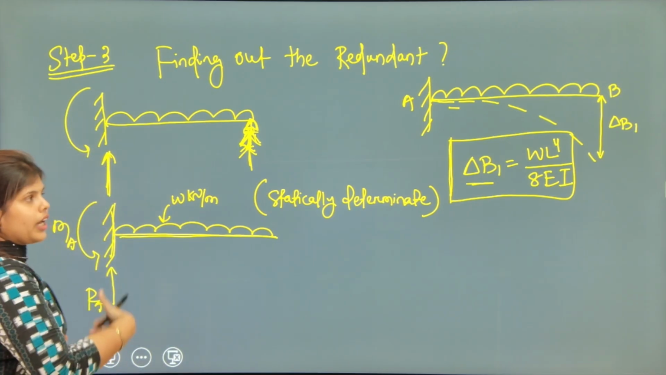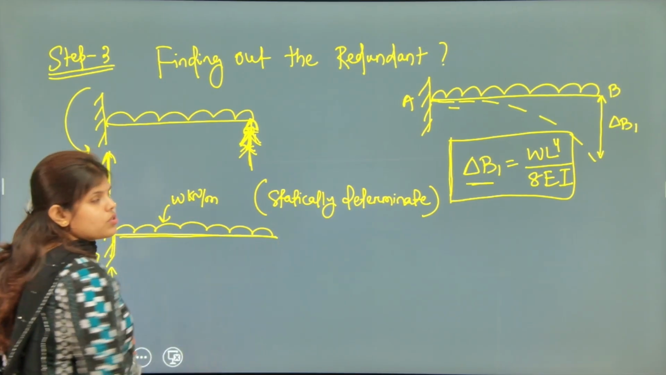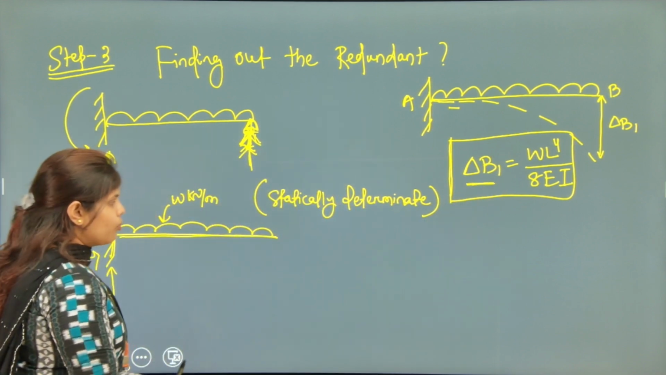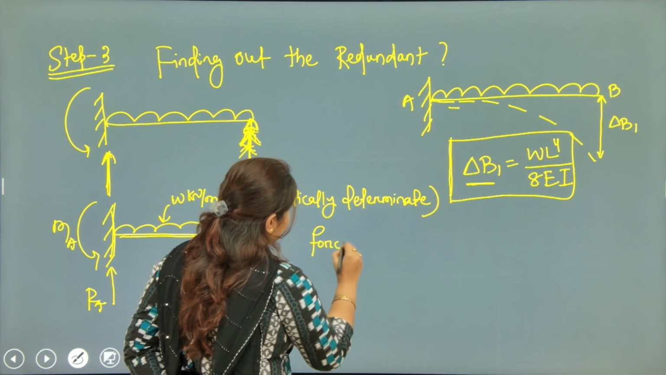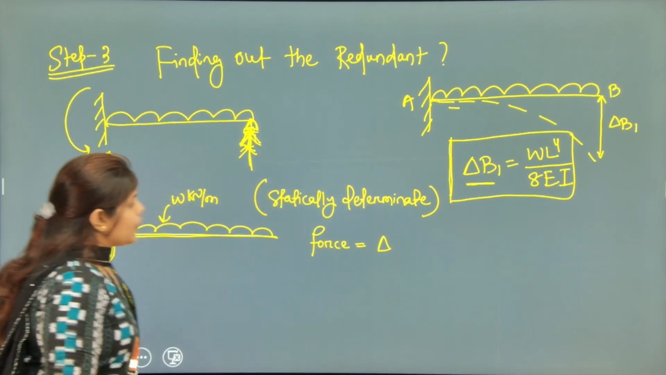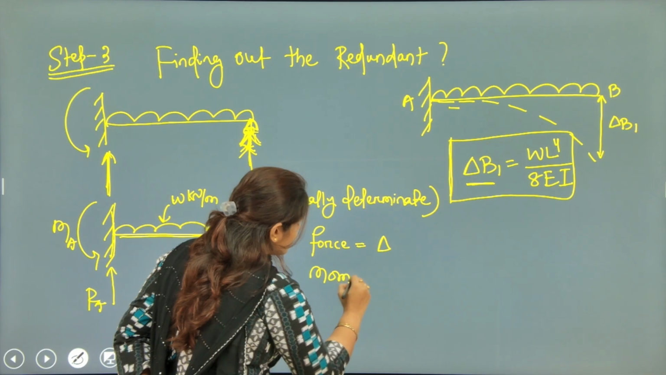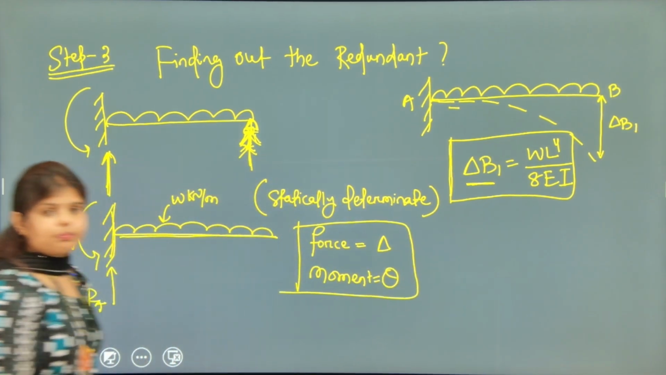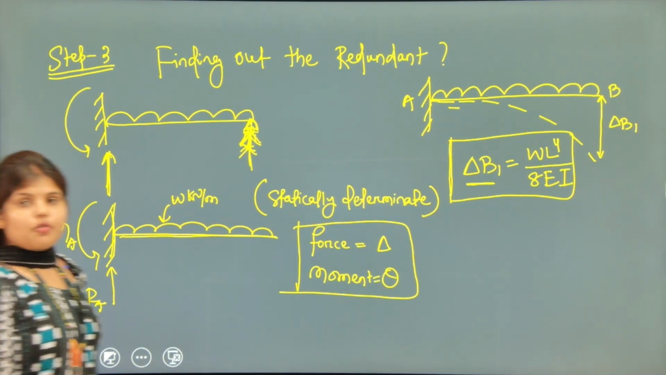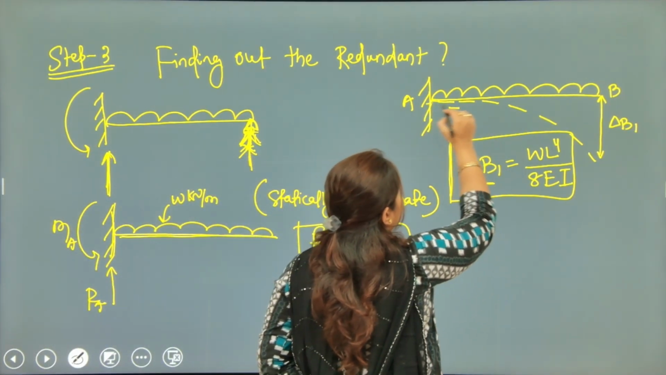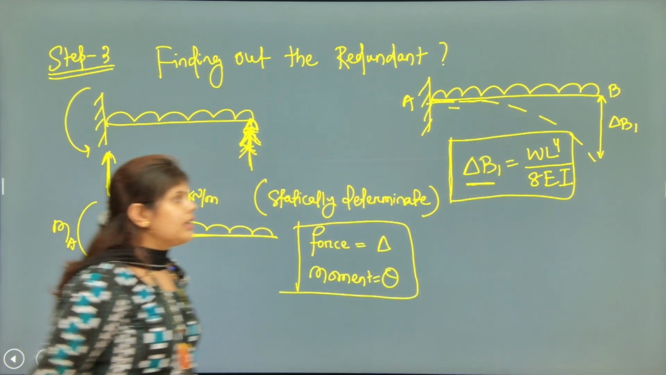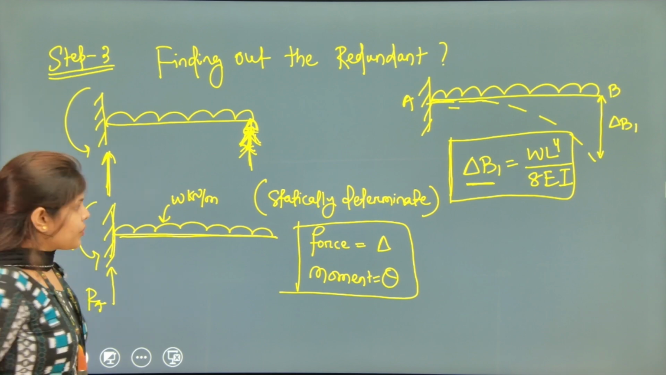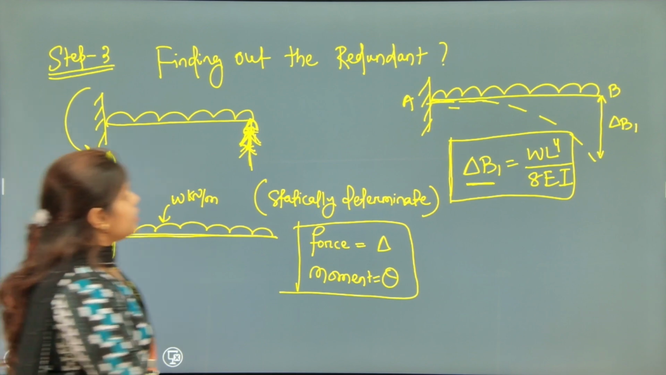Whenever we have the redundant as a force, we will find out delta. If we have the redundant as a movement, we need to find out theta. So the first analysis is done: after calculating with the external load, delta B1 is WL to the power 4 upon 8 EI. Now step 4 will be,